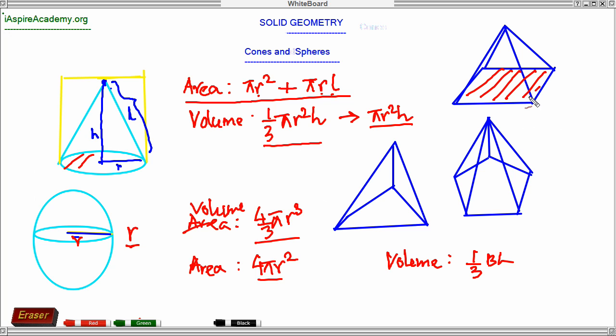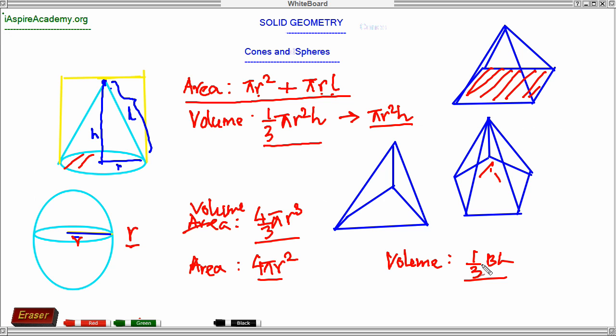If you are given a rectangular pyramid where the base is really a rectangle, then it's easy to find out. But for other types of pyramids, let's say a polygon, you have to find the base and the height. So there is no standard formula